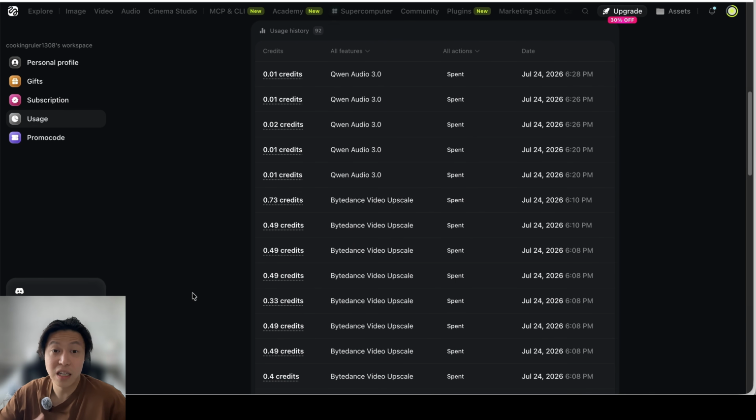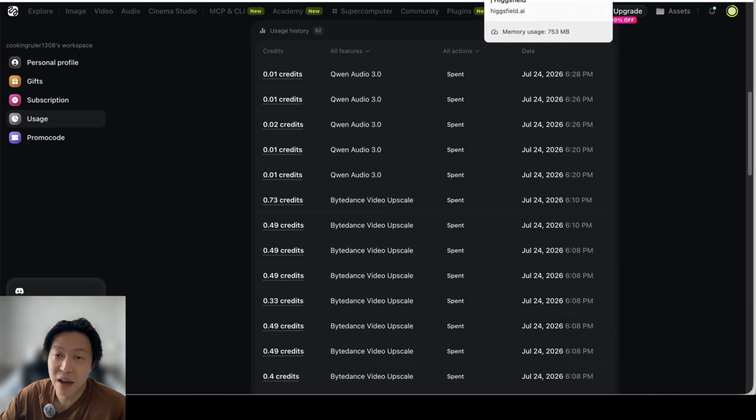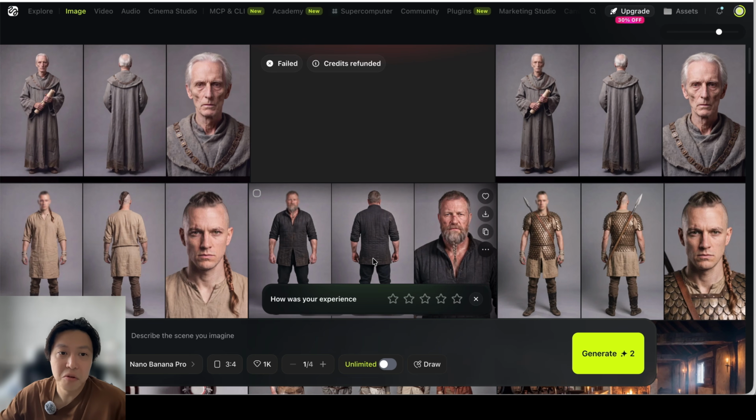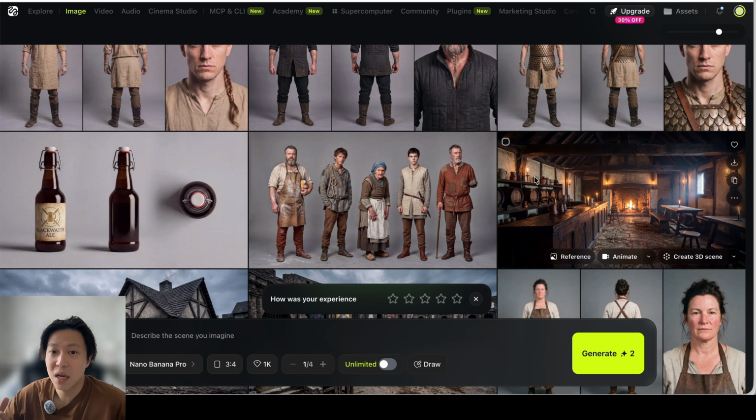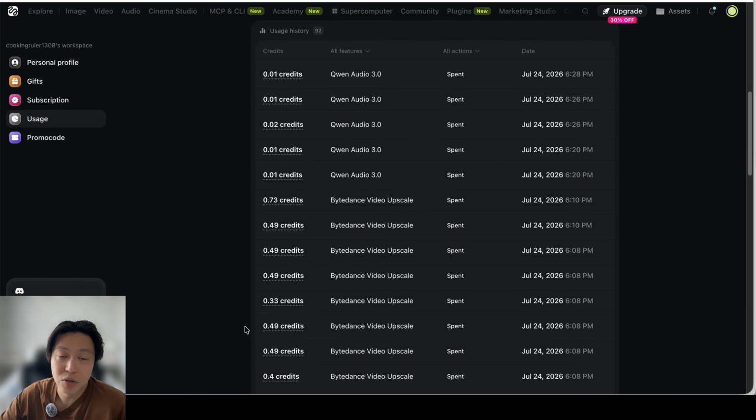But going into cost, I spent about 700 to 800 credits for this generation. And of course, this is because I did not have any characters. I did not have any base images, which if you are running a business or you already have a product, you might have a couple of images like that. But I basically had to generate the characters, the environment, the locations, all of it on Higgsfield. And that's why it took a little bit more credits. And also because it self-iterates before it actually pushes out anything to us, it actually costs a lot of credits just going through the images and finding that it's not good enough and regenerating that, as well as the video